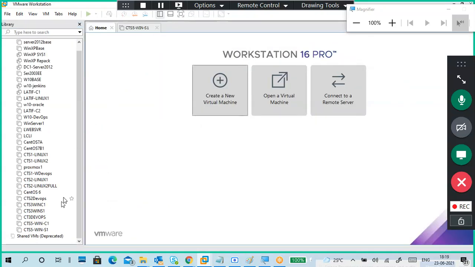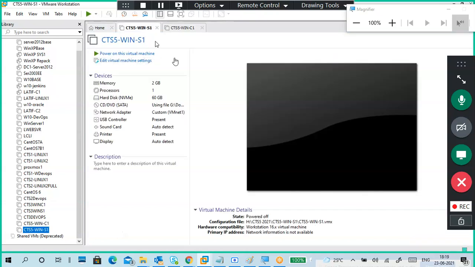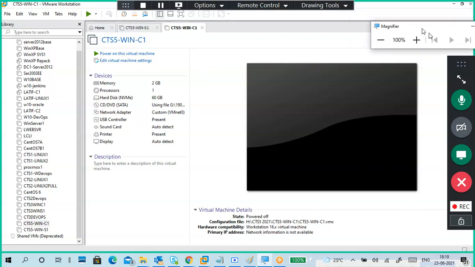Here I can use both machines. This is my server, this is my client. I can open both when I do server practicals. But tomorrow morning, only client practicals. In the afternoon, I will start servers. Okay, that's it for today.